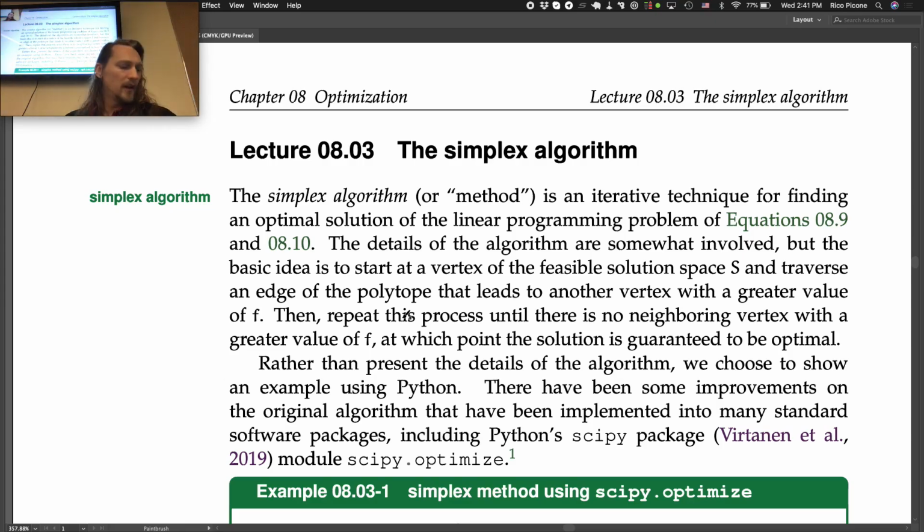Okay, lecture 8.3, the simplex algorithm. The simplex algorithm, or method, is an iterative technique for finding the optimal solution of the linear programming problem of equations 8.9 and 8.10, which are the equation you want to optimize, which is 8.9 from the previous lecture, and the equations that are defining the constraints,